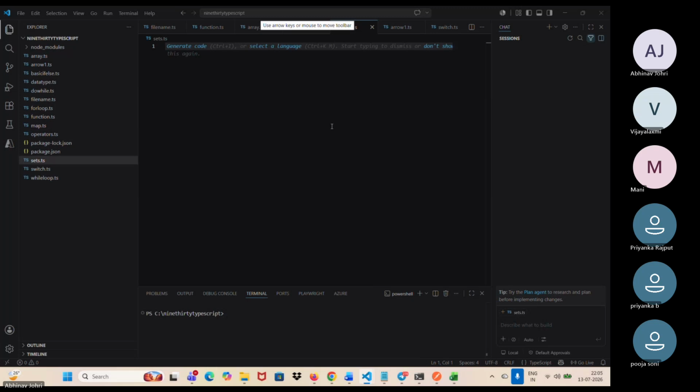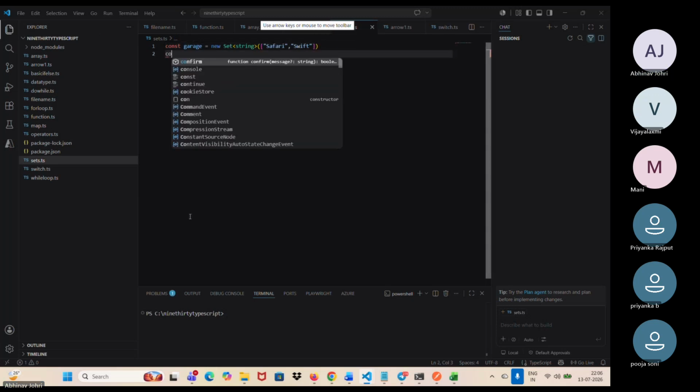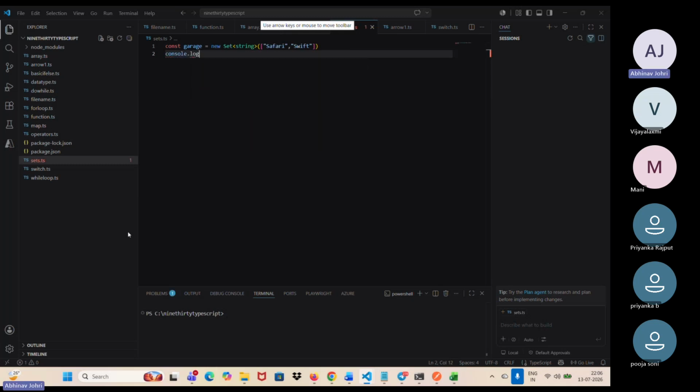ठीक है, const garage equal to new Set, स्ट्रिंग टाइप का एक सेट बनाता हूँ। इसके अंदर वैल्यू देता हूँ, मानो सफारी, कॉमा, स्विफ्ट। ठीक है, एक सेट बनाया, इसमें मैंने दो वैल्यू दी। मैं इसको प्रिंट करता हूँ, console.log, सेव करते हैं, रन करते हैं।